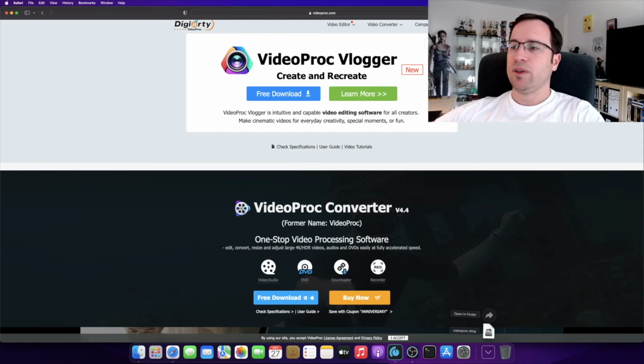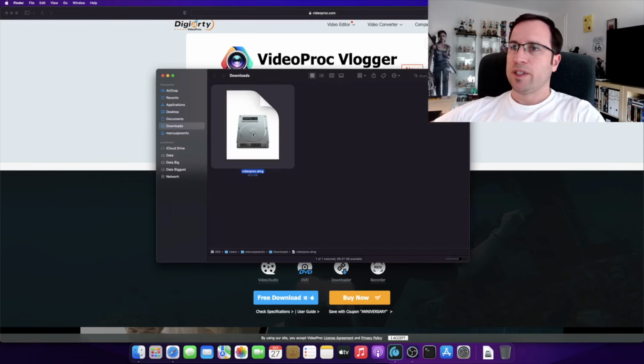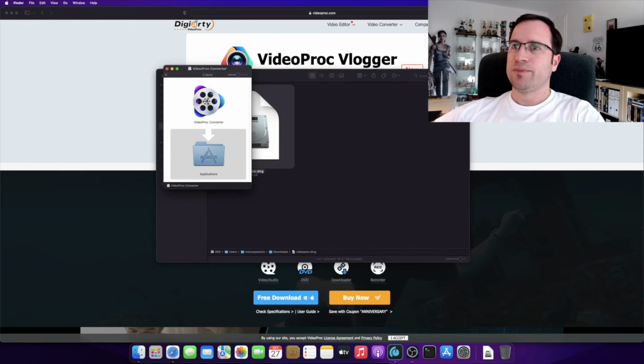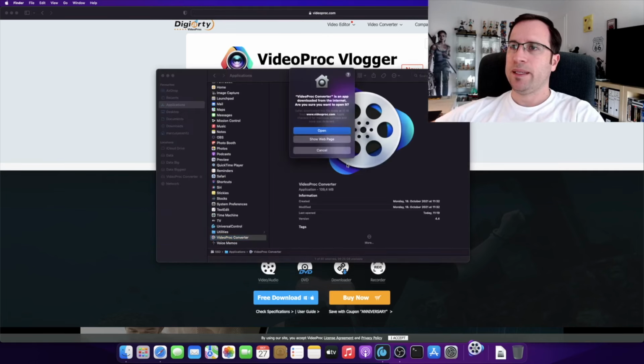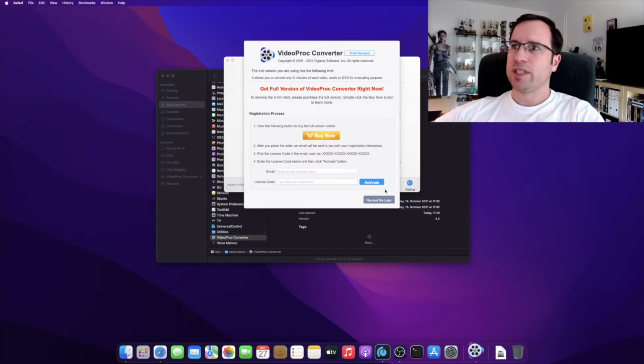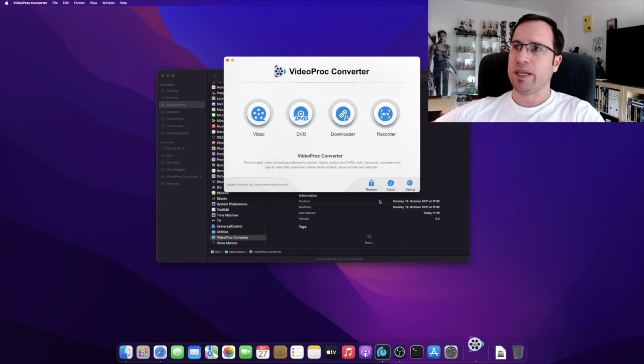And when you have downloaded it, just make a double click on the DMG file, get this into applications. And when it's done, you go into applications and you start VideoProc Converter. Open. You just say not activate, you say remind me later.